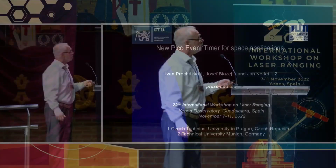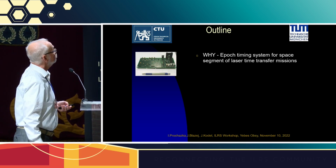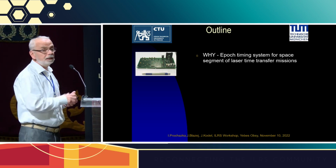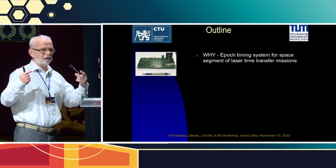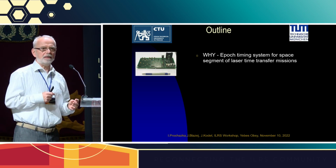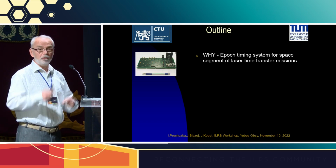I have presented our timing device several times, and I'm presenting it again because, as you have seen, there is a new need for a very stable timing system for laser time transfer. We are talking about a fraction of a picosecond for the long term and so on, on both ends,